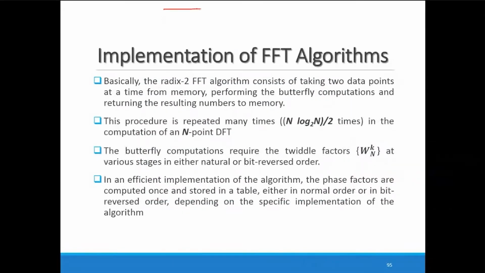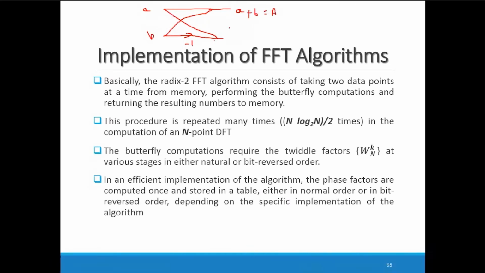Here we are taking two data points at a time. For example, I call them small a and small b. Then we apply this butterfly operation, or butterfly algorithm, like this. Here we are multiplying by -1. Whatever answer you get, you get directly here, that is a plus b, the addition of both, which we call capital A.